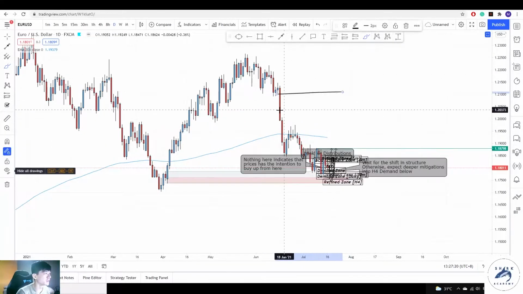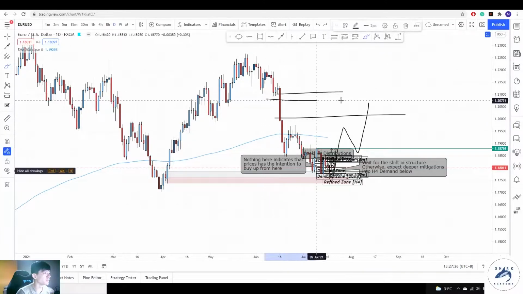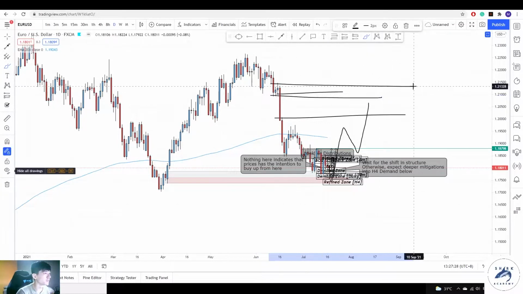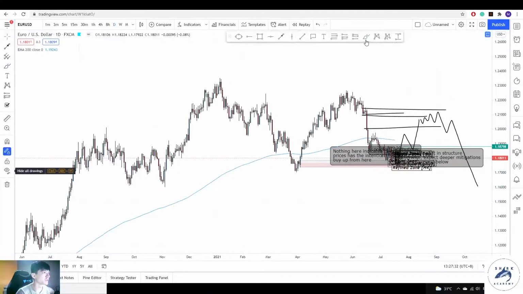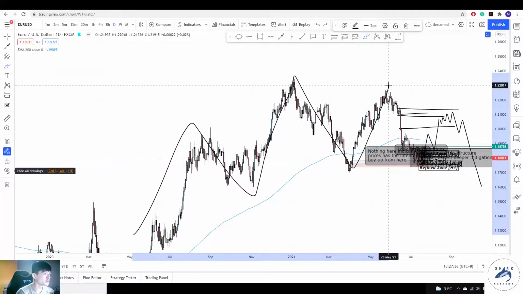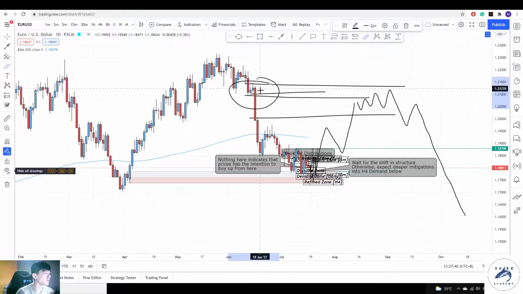Because you can see here are imbalances, right? And if we see a shift in structure, we're likely to move towards this area, right? Mitigating imbalances, tapping into supply zones before actually moving down deeper, right? Because ultimately we didn't create a higher high. Although we are still bullish temporarily, we are still waiting for prices to fill this level at the very least